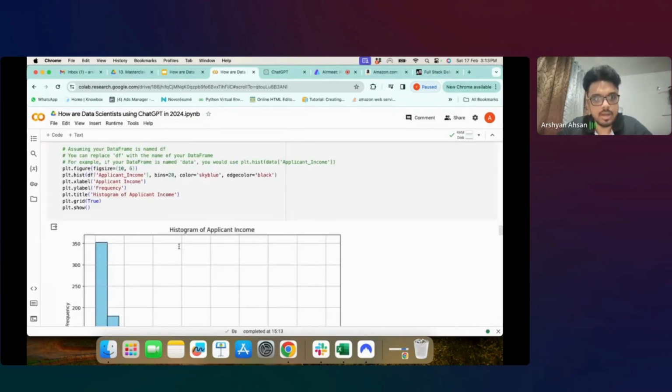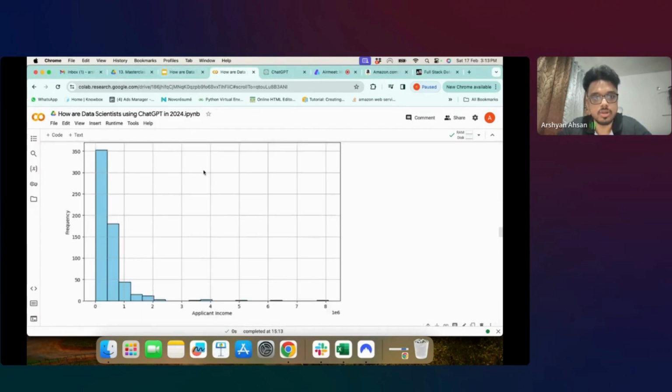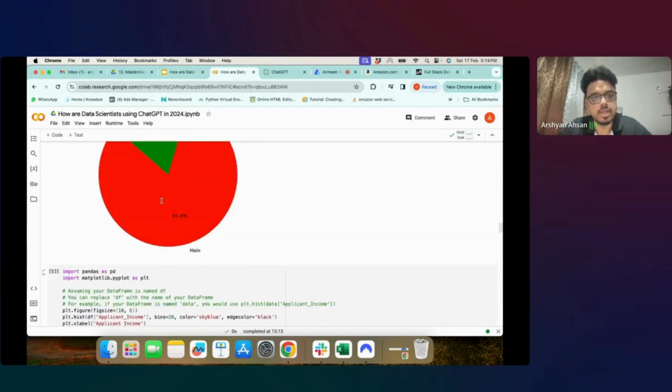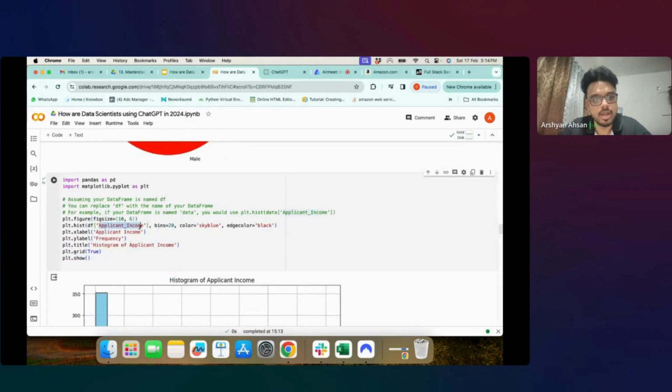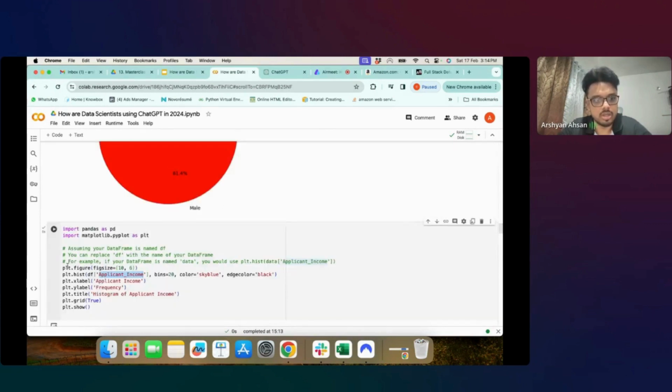सी, उसने एप्लीकेंट इनकम को हिस्टोग्राम में प्लॉट करके दे दिया मुझे, काफ़ी सिंपल तरीके से, विच इज़ गुड, राइट? इसमें आप कलर चेंज कर सकते हो, बिन्स के साइजेस चेंज कर सकते हो, दे कैन डू मल्टीपल थिंग्स। अब इसमें दूसरा वेरिएबल नेम लेके आप चीज़ें एक्सप्लोर कर सकते हो, एक बार कोड मिल गया। आपका जो नीचे आउटपुट का साइज है, उसको कंट्रोल कर सकते हो। सी, सो देयर आर लॉट ऑफ कंट्रोल्स दैट इज देयर